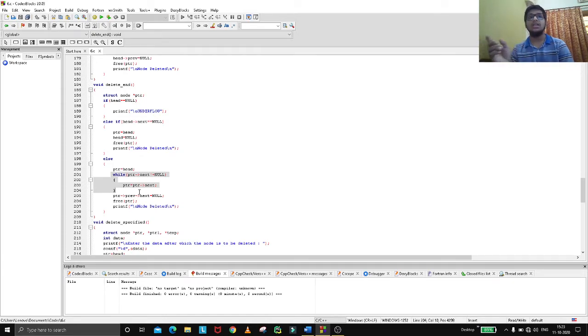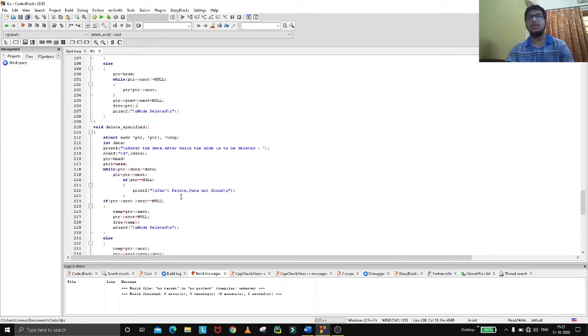So ptr of next not equal to null will be checked, and it will assign ptr equal to ptr of next, and also it will assign prev to its previous address and next address as null. So then we can free that ptr.